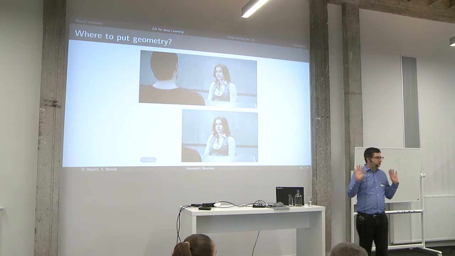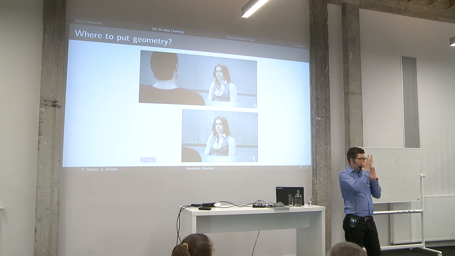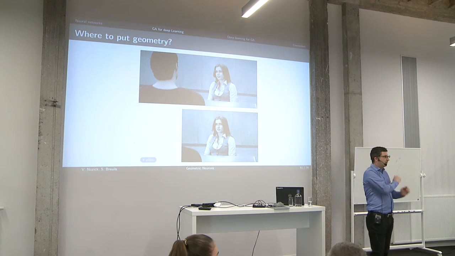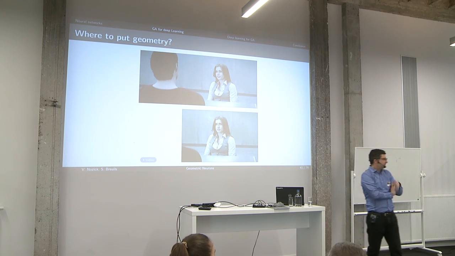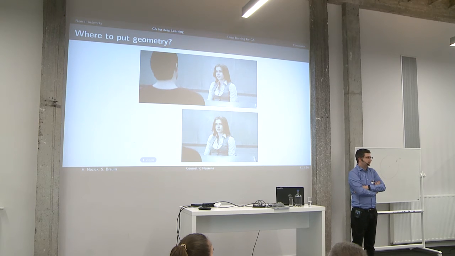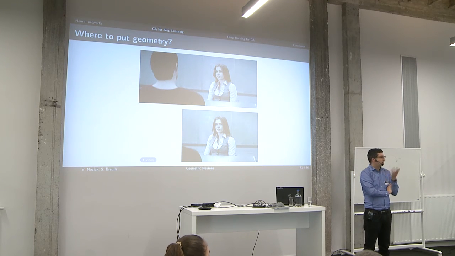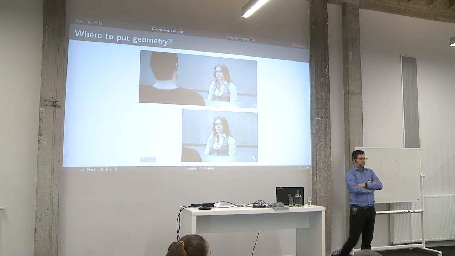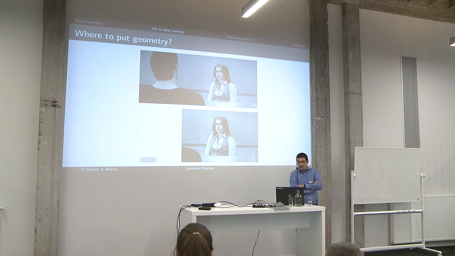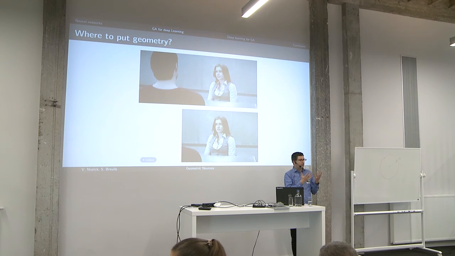There was an actor, and we changed his face to the face of another actor. It could be done manually, but it takes months, or you can just press a button and ask deep learning to do it, almost automatically. This is deep learning that just puts the face of someone on someone else, just by collecting some data. Thank you for the question. Here we have deep learning that is actually doing geometry because it changes a face to another one. So it includes geometry, but is not doing geometry. Inside, this is just an autoencoder.